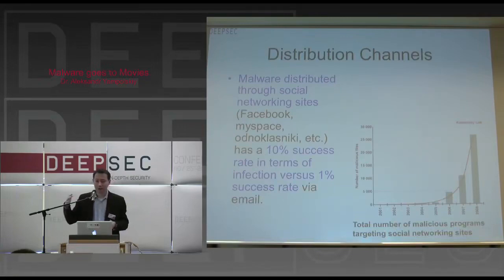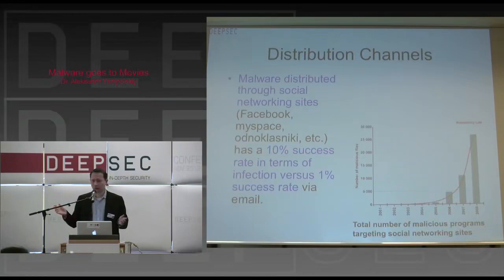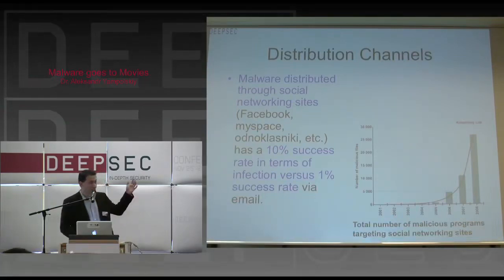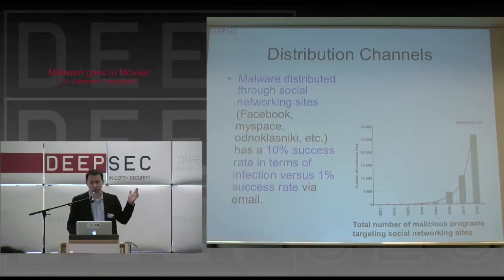So if your friend on Facebook sends you a message saying, click here on this link to view a video, or sends you an instant message, or posts it in his profile, 10% of the people click on it. So it's 10% more effective, because people on social networking sites feel like they're in real life. They connect to their friends, they talk to their friends, they lose any type of inhibitions, so they're a lot more trustworthy than they are in opening attachments. And that's why social networking sites are a common distribution channel for media malware, as well as other types of malware.